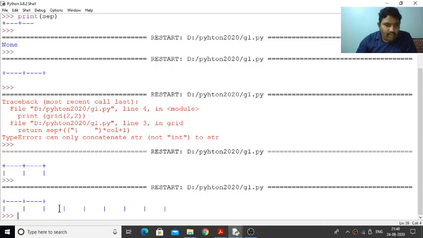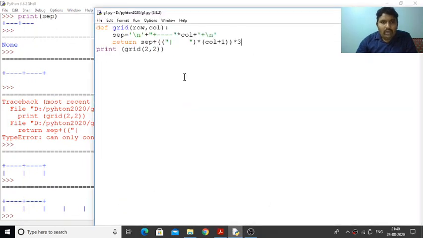So now it came, but what is required is that we need to add slash n, otherwise that is the problem. Where do we need to add slash n? Here, after this many number of times, done. So the slash n we need to put, so it will print for 3 times. Then what we need to do is, here we need to add plus, put the colon slash n.